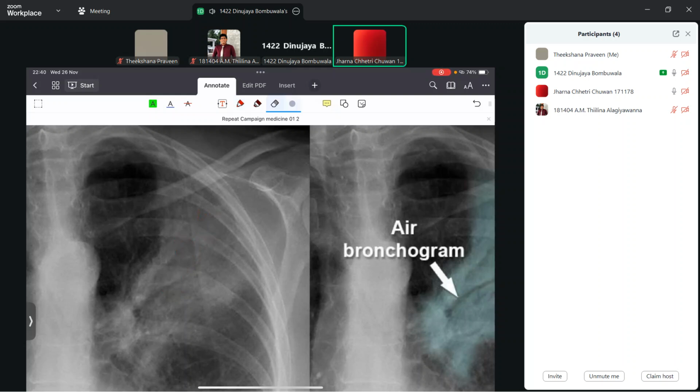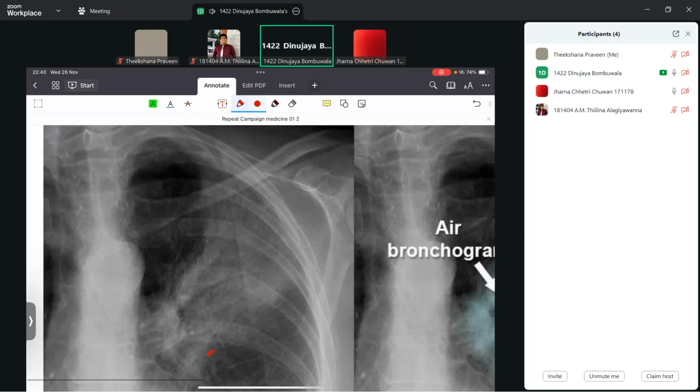But this fluid fills only the alveoli, not the bronchi and bronchioles. The bronchi and bronchioles are filled with air. So there will be a white background and there will be black markings of bronchi and bronchioles,